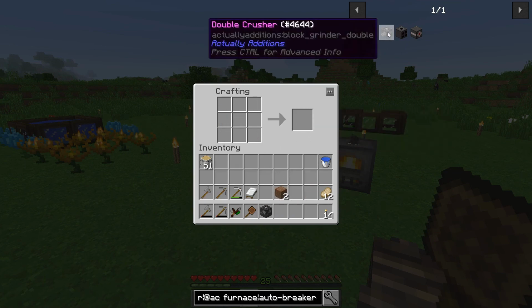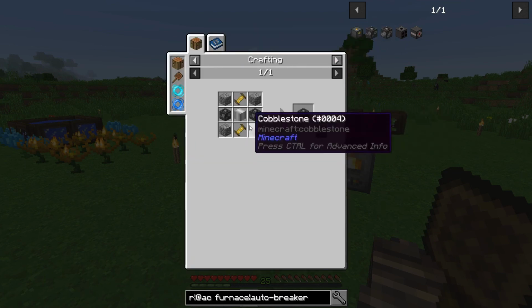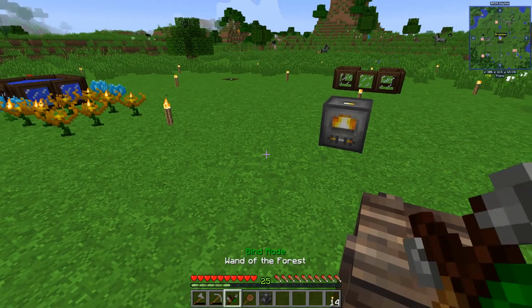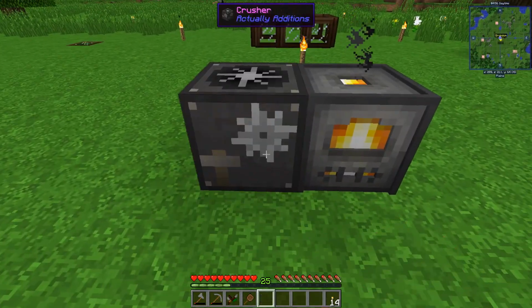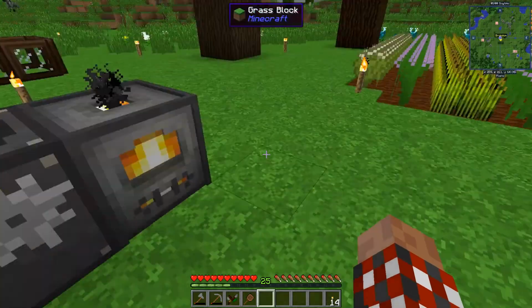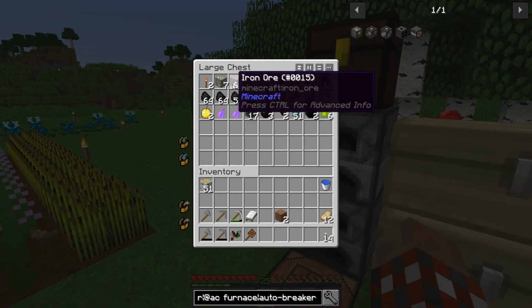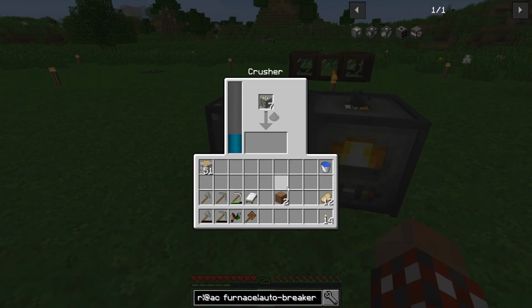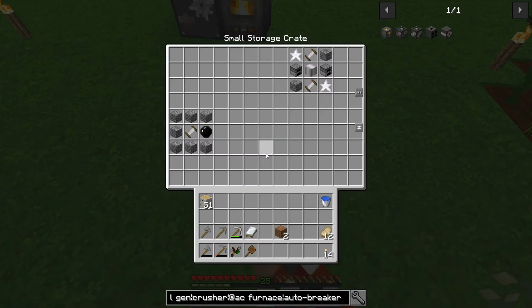Now, I could go ahead and make a double crusher, but that requires 2 crushers and advanced coils, which is a lot more gold than I want to spend right now, because I only have 7 left. So let's go ahead and put that crusher right there. And the power's going down because it's getting sucked into the crusher. Speaking of gold, let's go ahead and process some gold. Because why not? All right, and then the other thing I want to do